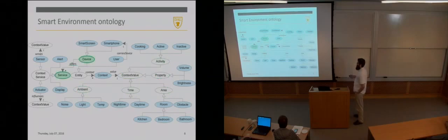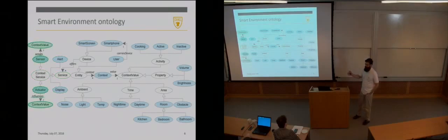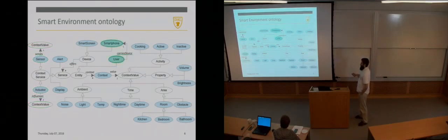A device then offers 0 or more services. Those services can be alerts, displays, and context services. A context service can either sense a certain piece of context or actuate on it, meaning influence that context, like turning the temperature up or down. Finally, this ontology is fine-tuned for the running example in our paper, so we're probably going to plug in a more extensive ontology later on. A user here carries a device, in this case a smartphone.